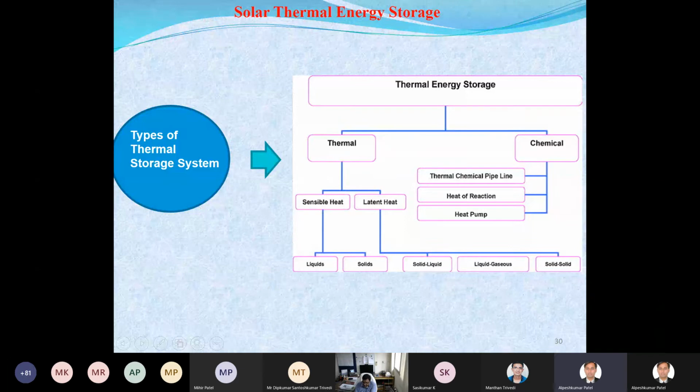The next thing, I'll probably say, is storage. The storage thing is, you know that the nature of solar energy is intermittent, and you cannot have it always. Only a few hours out of 24 hours do we have the energy. So even in an off-grid PV system the battery is a must. Similarly, if you talk about the thermal route, even